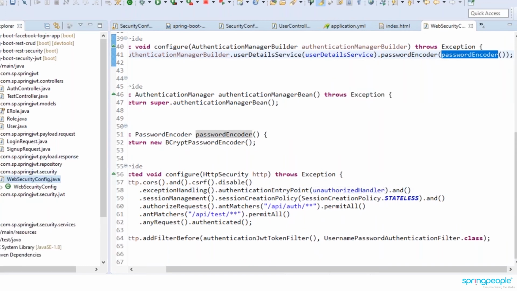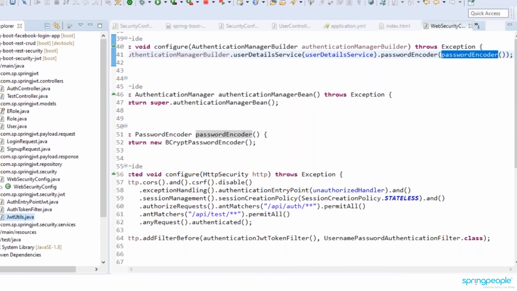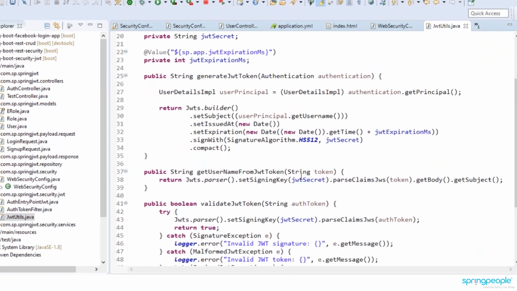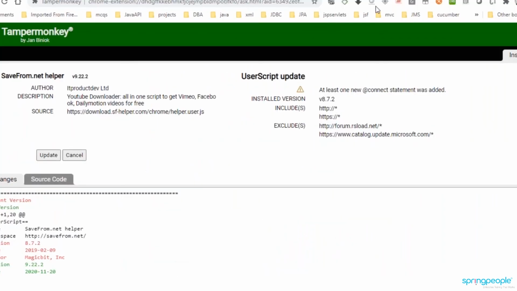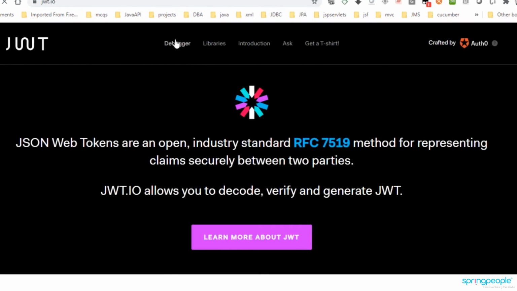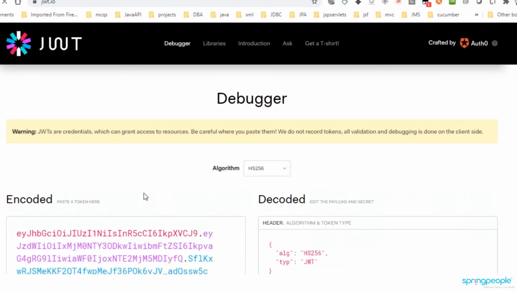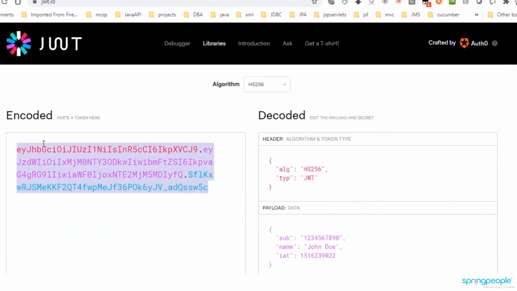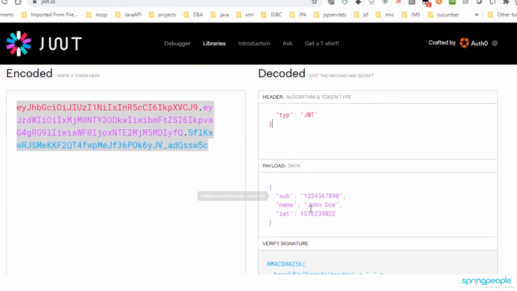And to generate the JWT, which is JSON Web Token, we can configure our JWT util. What type of algorithm you are providing can all be configured with respect to a JWT. Like if you go to jwt.io, JWT means JSON Web Tokens, and this JSON Web Token is a very secure one. You can see here the algorithm, which is HS256, is provided here, the type is JWT, and the payload is this.